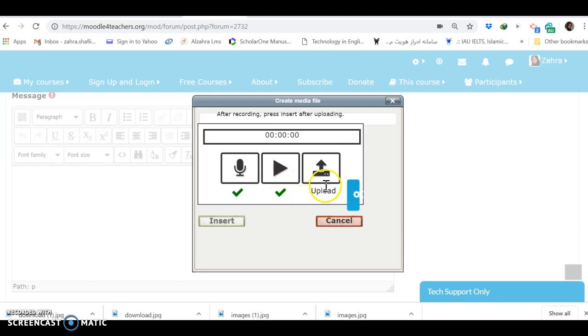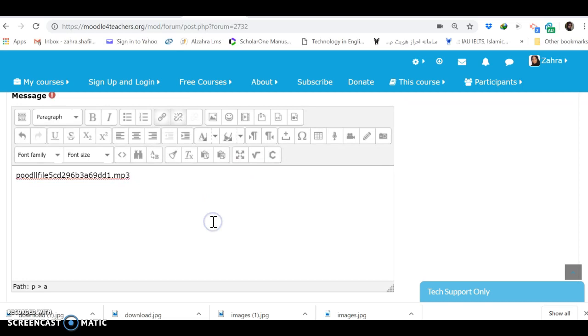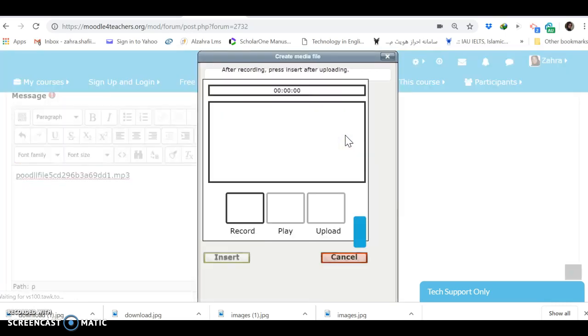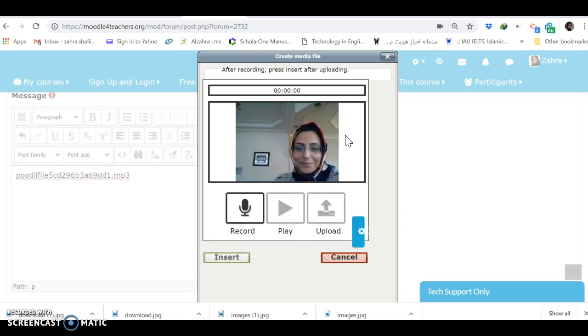Good. And now I want to upload it. Let's see it now. It shows the file is uploading successfully. Let's insert it. Okay, now it is shown as this link, but after saving it you will see it as a kind of audio player. Now let's go to see if I can. Oh yeah, that's me. Yes, let's just a little bit